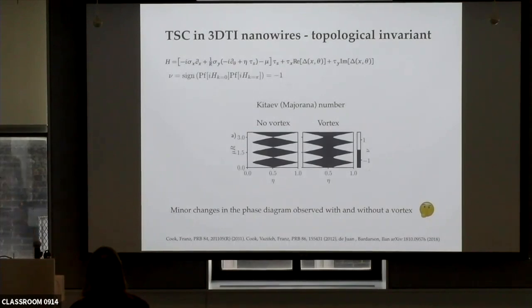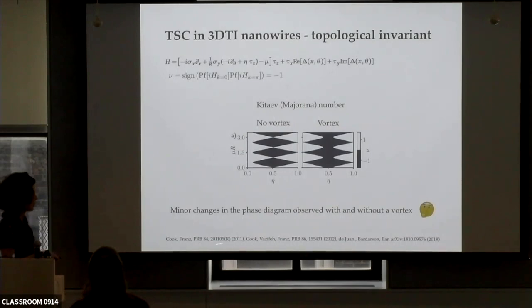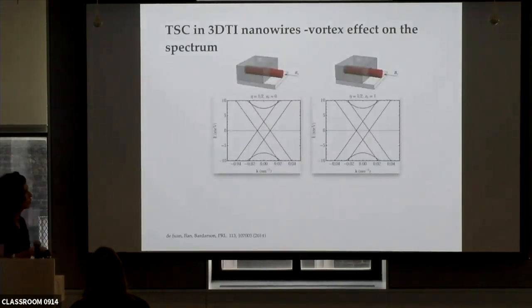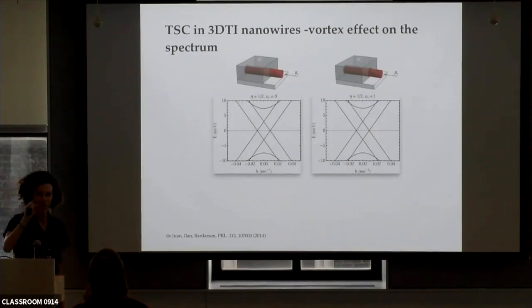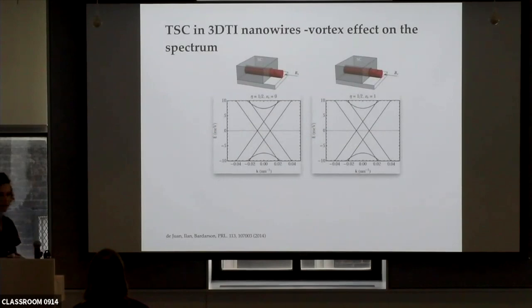So we were kind of scratching our head and thinking, what's going on? And this was consistent with previous results, and then we realized that we actually need more information. And the information comes from the band structure itself. Okay, so now I'm going to look at the band structure and compare phase winding and no phase winding, and you'll see immediately what happens. So this is two identical spectra. Basically, this is a spectrum in a single mode regime, but the gap magnitude is 0.